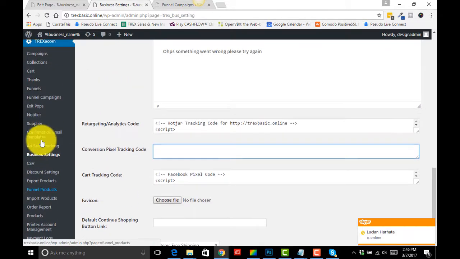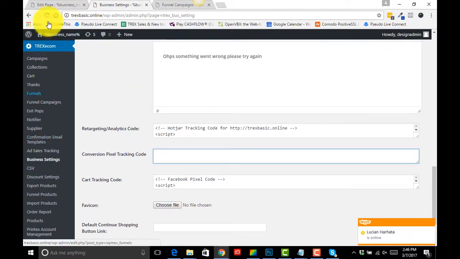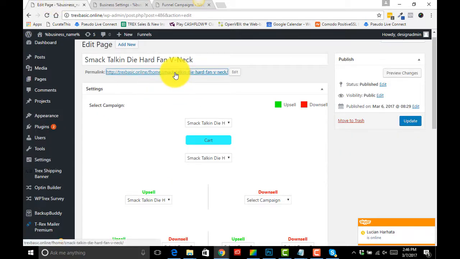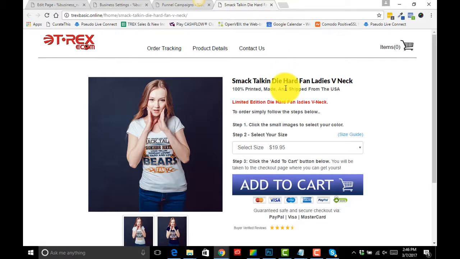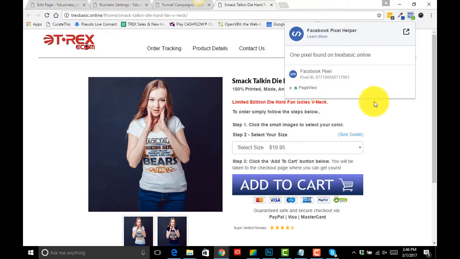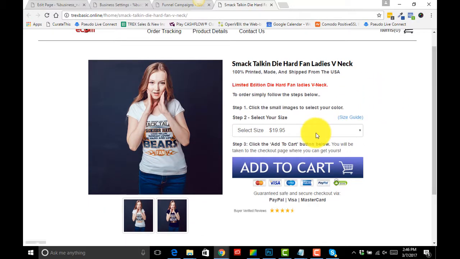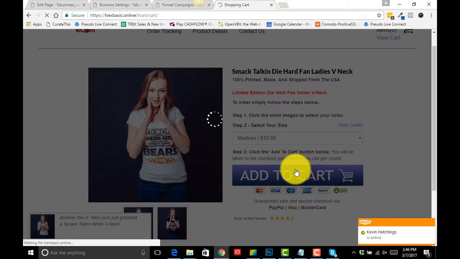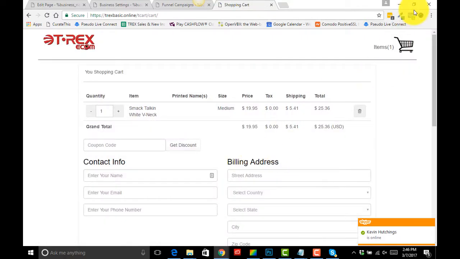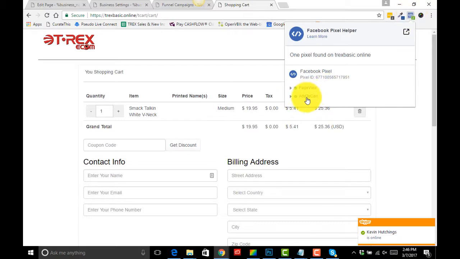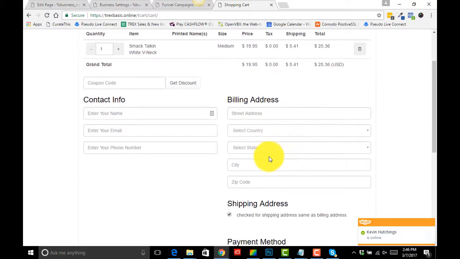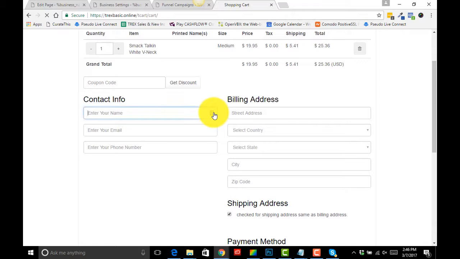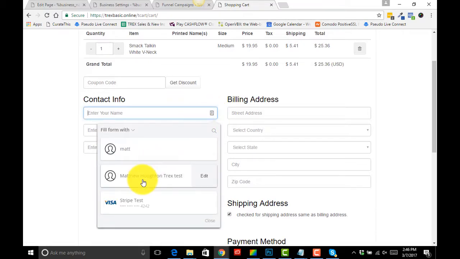So I'm going to come to the funnels, which is here, and do a quick test purchase so you can see how this is actually working. Here we're on the front end campaign. Pixel help is telling us that the page view is firing. That's great, that's perfect, that's just what we want. So let's go ahead and chuck this in the cart. Here we are on the cart page, and now we check, we've got our add to cart firing. Great, that's perfect. So let's quickly complete the purchase,